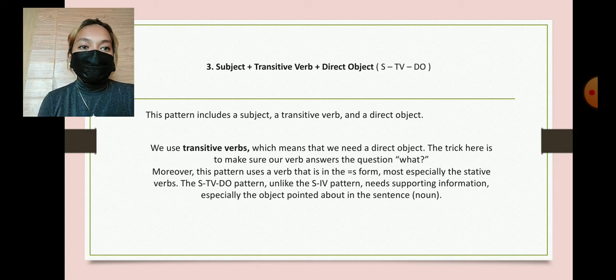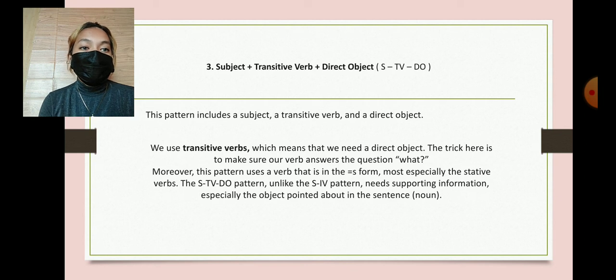Subject plus transitive verb plus direct object. This pattern includes a subject, a transitive verb, and a direct object. We use a transitive verb, which means that we need a direct object. The trick here is to make sure our verb answers the question, what? Moreover, this pattern uses a verb that is in the S form. Most specifically, the stative verbs. The STV-DO pattern, unlike the SIV pattern, needs supporting information,